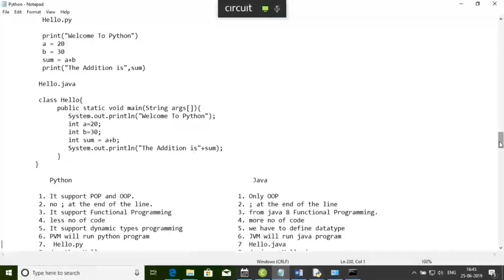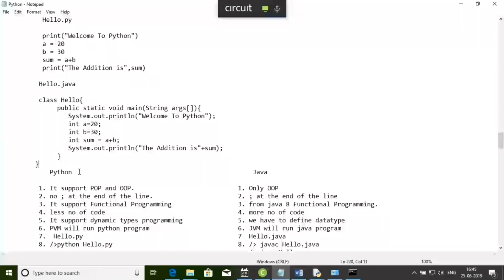Amit, can you please give me some advantages and disadvantages of Python and Java comparison? Okay, some advantage and disadvantage. First point,